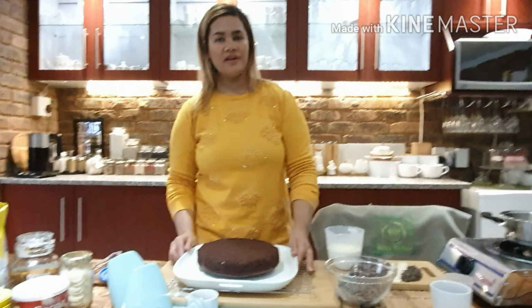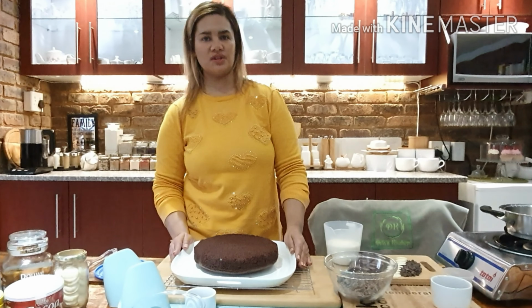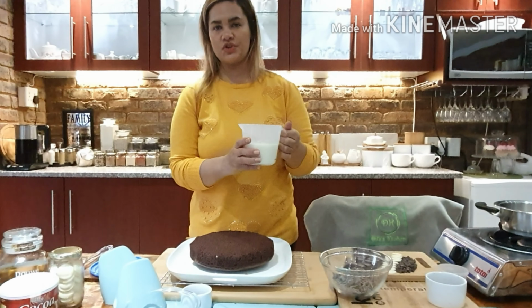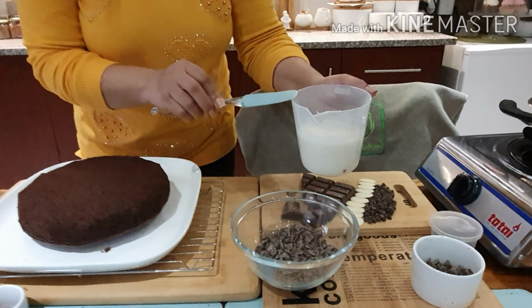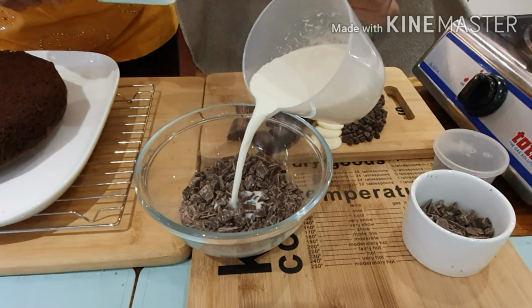I took my cake out of the pan and I turned it upside down because I'm going to do a ganache glaze. I've placed my fresh cream in the microwave for about 1.5 minutes. I'm going to pour it over. It's 1 cup of fresh cream, 1 cup of chocolate. I'm going to pour it over